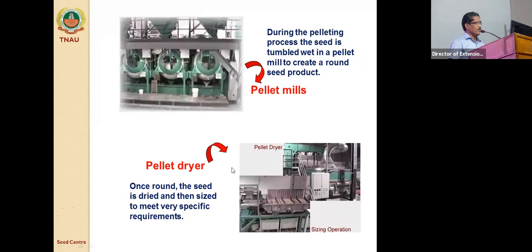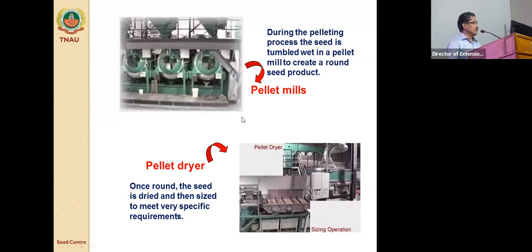So this is a large-scale machine available in Western countries. Just the seed and whatever fillers are required will be fed into a large-scale machine, and they can get the pelleted seeds. These are called pellet mills, and they are available on a commercial basis also. These Incotech people and others in European countries charge even for canola seeds. Making pellets of 1 kg of seed, they charge more than 50,000 Indian rupees. That much costly.